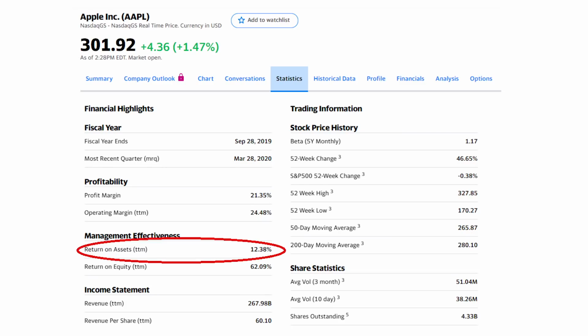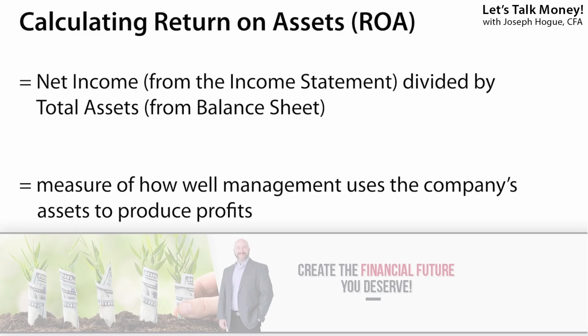And we'll also use the return on assets, or the ROA here of the company. And this is also shown on Yahoo Finance, or you can take a company's net income for the quarter or for the year. That's the earnings from the income statement. And then you divide that by the company's total assets, which is found on the balance sheet. Okay, I know I'm betraying my CFA designation here a little bit. And for all you financial wizards, technically, you're supposed to use the average of the last 2 years' total assets for this. But we're not going to get too much into the minutiae here.